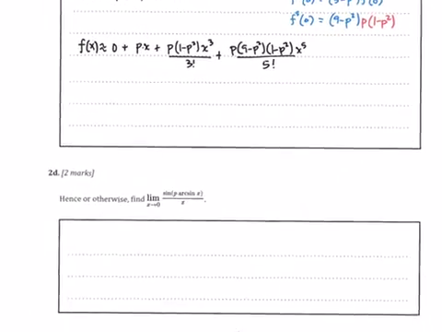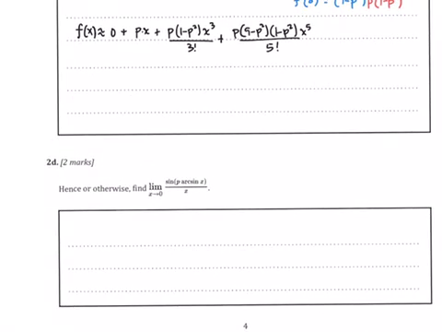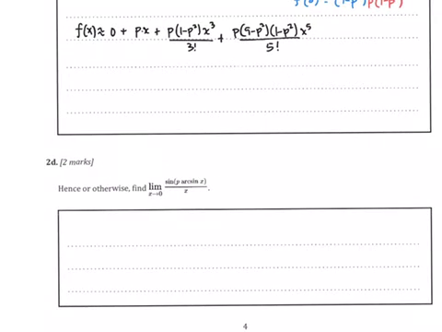Let's see what they've got in store for us. Ooh, this will be good. All right, it says hence or otherwise. So that means you can come up with a different way to evaluate this if you'd like. But what I'd notice, you could either use L'Hopital's rule here, or you could use the function that you just built, right? We could say, since we know that the numerator here